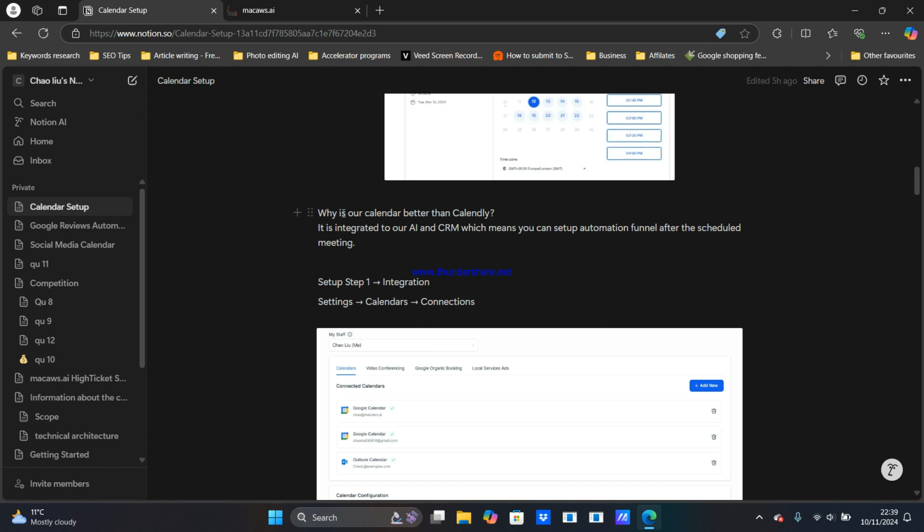So why is our calendar better than products like Calendarly? So number one, and our main reason is because we have a completely integrated system which is integrated to our AI and to the rest of the CRM system, which means that you can set up automation funnels after you've scheduled meetings. You can also create automations where you capture leads through LinkedIn automation bot,